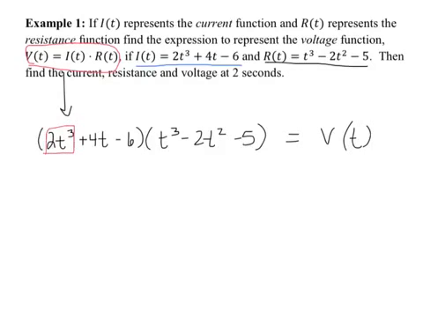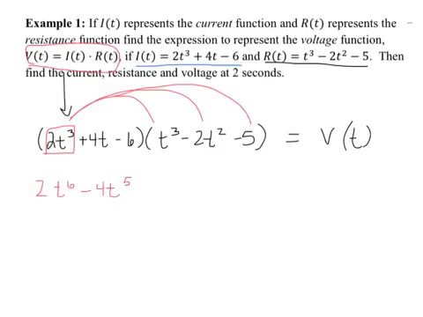Let's distribute this to all 3 of these. As a result, we're going to get 2t to the 6th. That's the 2t cubed times t to the third, giving us 2t to the 6th. We add the exponents, and we multiply the coefficients. Next, we have 2t to the third times negative 2t to the second. So 2 times negative 2 is going to give us -4. T to the third times t to the second is t to the fifth. So this is going to be, again,